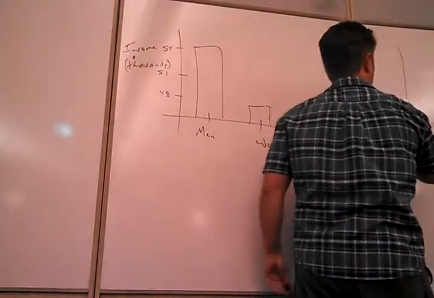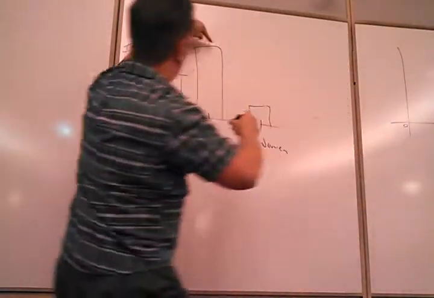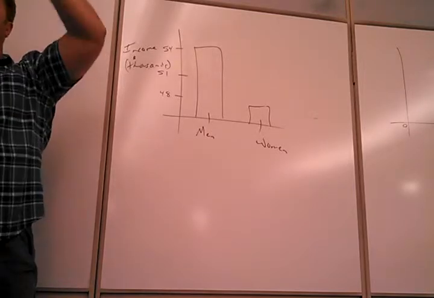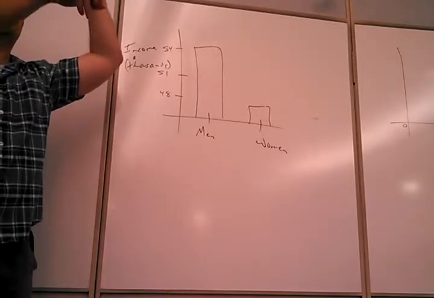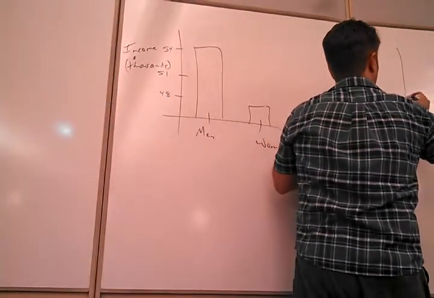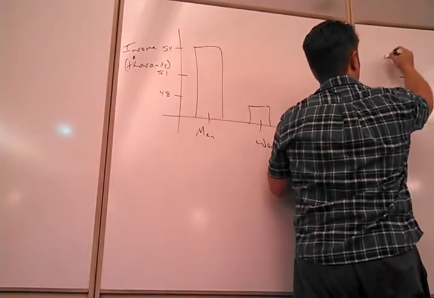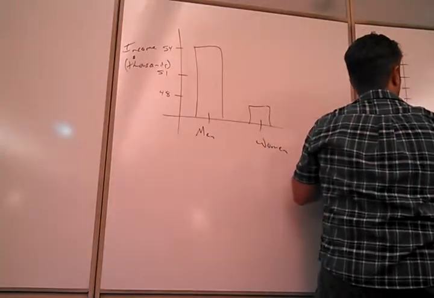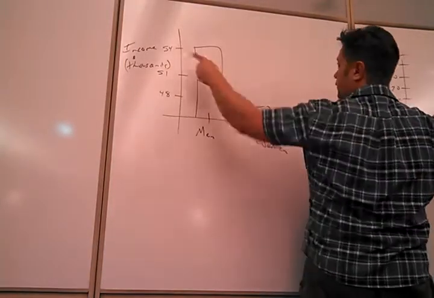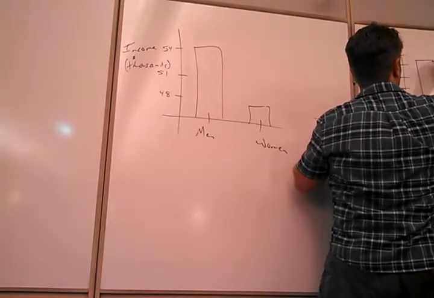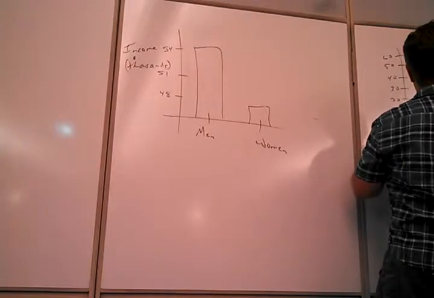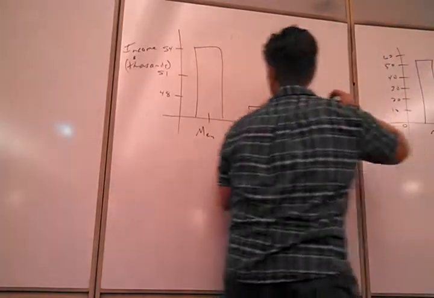If I redo this graph, I start at 0, and I want to get to 54,000. Somebody give me a decent scale to use for that. 10,000. Okay, good. So 10, 20, 30, 40, 50, 60. So here's men, here's women. Men would go to 54,000, and women would go to 48,000. So that is still a difference, but it's not